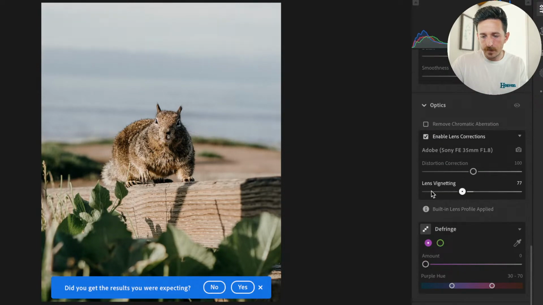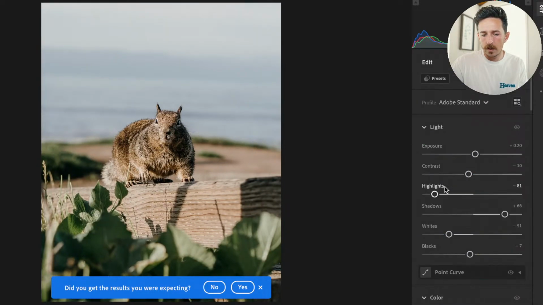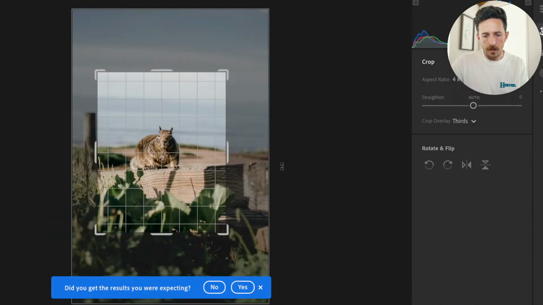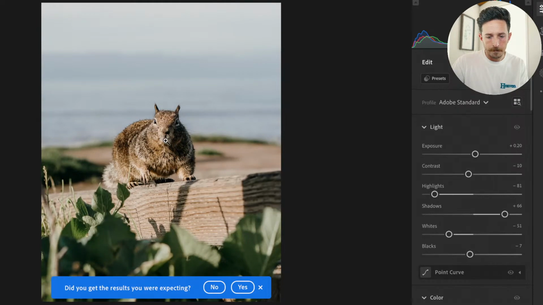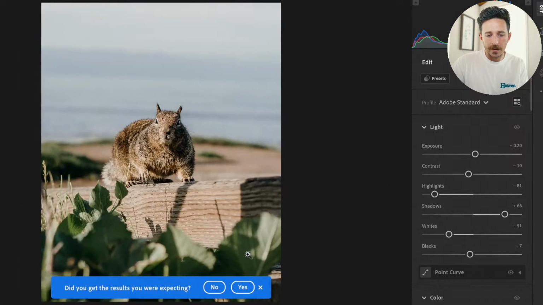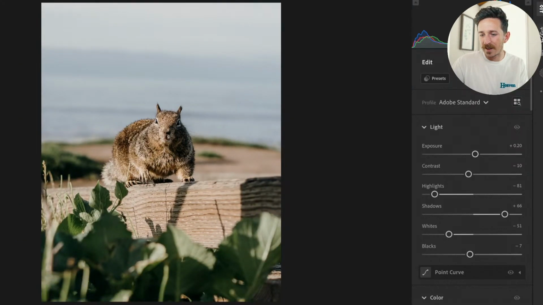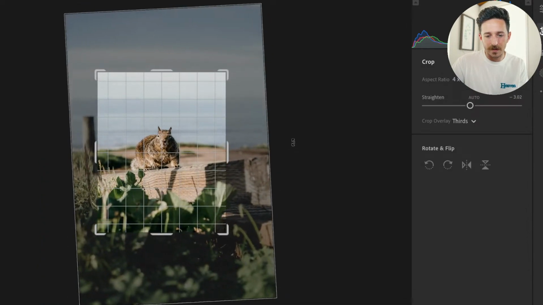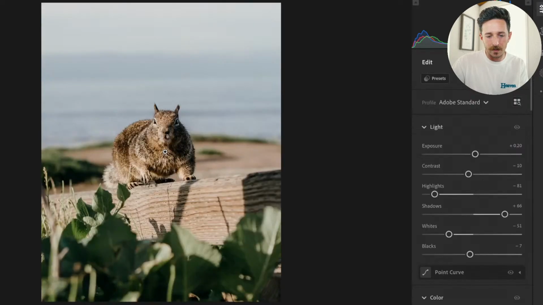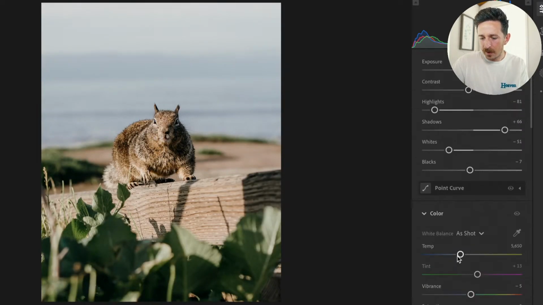Go ahead and let the lens vignette. Oh, lens vignette won't really matter because we cropped in our image. What else can we do? Maybe just straighten this out a little bit more. It looks off balance because of the angle of everything when it was shot, but if we're trying to keep it right with the horizon line, it should be like this. Okay, cool. I think I want to warm it up a little bit,